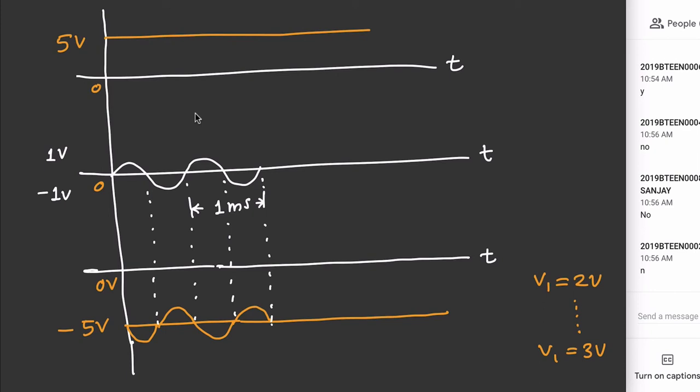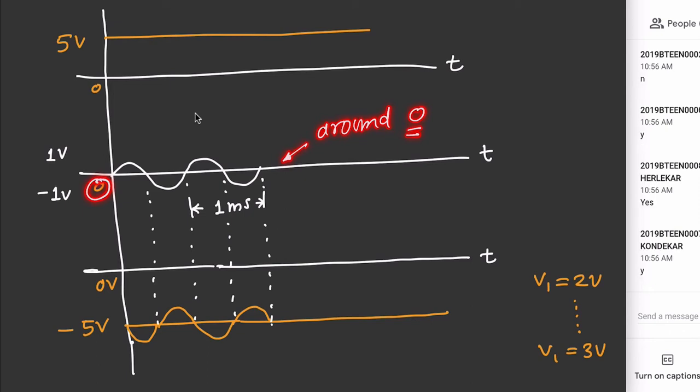Yes or no? Okay. It means it is possible by using adder. What is possible? Right now this waveform is around 0 level, because this is 0. But if you want to shift it to any other level, then you can have an adder circuit, so you can have this much shift. If you want to alter the shift, then you can alter V1 to different values. So this amount of shift can be adjustable.